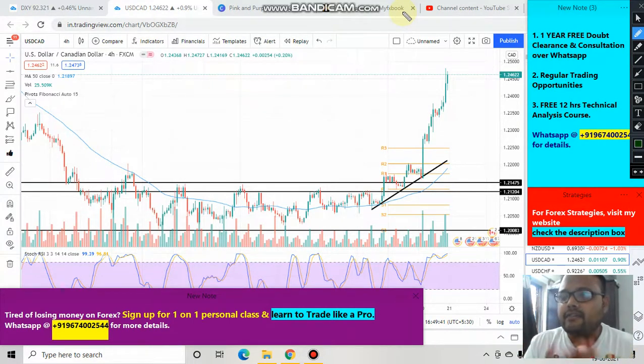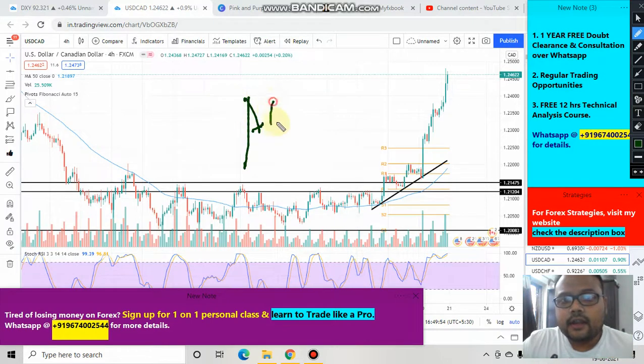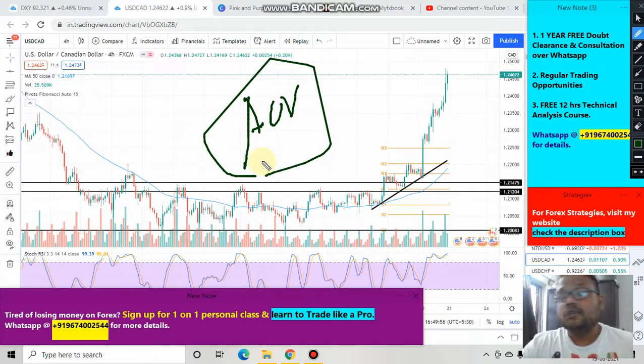Every resistance, every support is gone right now. Every support is shattered, every resistance is shattered. Things have changed. Therefore, as I always say, we should always look for an area of value. And right now there is no area of value. There is no proper support in the market, and no proper resistance also to short the market. Therefore, in this type of market, the only trading opportunity is to follow the trend and just wait for